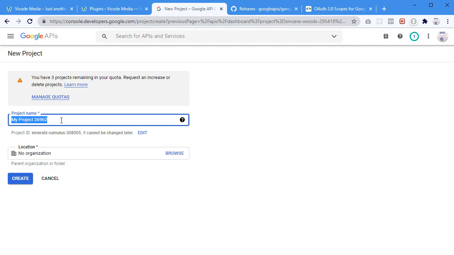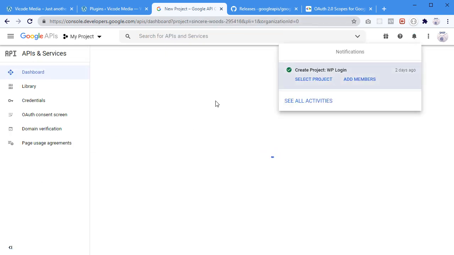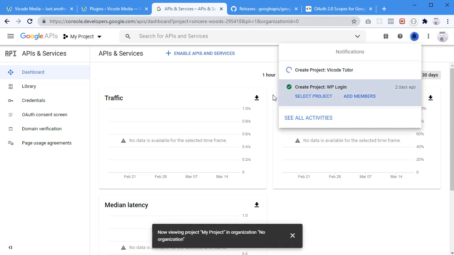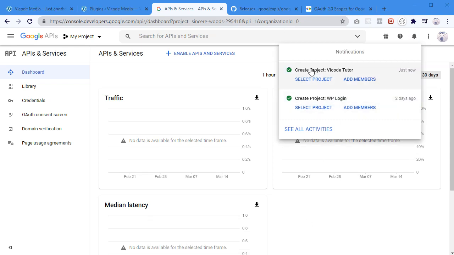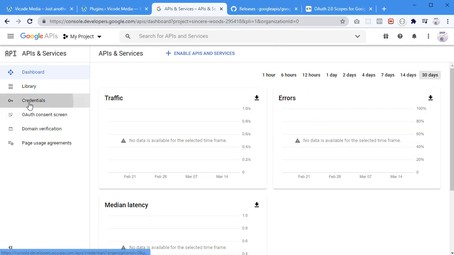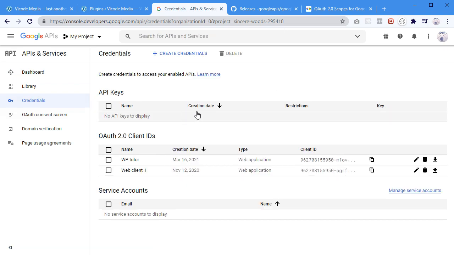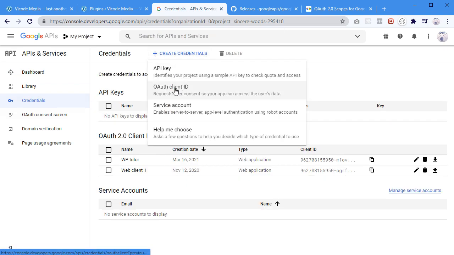And here you choose a name, 3 projects remaining in your quota, request an increase or delete projects. Okay, so here you choose a new name, which is going to say Vicode. I'm gonna say Vicode tutor. No organization, create. This is gonna create all this stuff here. Okay, so whenever this is done, just click on credentials, and then from here just click on create credentials, OAuth